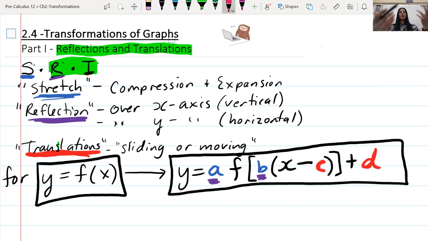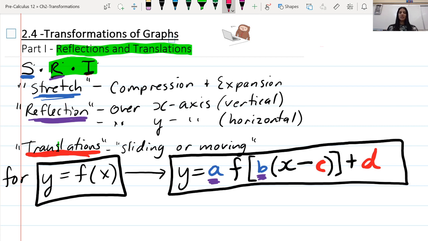Reflection is when we flip it over the x-axis or over the y-axis, which would be horizontal. And translations is when you're sliding or moving the graph left to right or up and down. And I've color-coded this so you can clearly see what it is that I'm referring to. If we have some original function y equals f of x, if I apply all of the transformations possible, so stretches, reflections, and translations all at once,